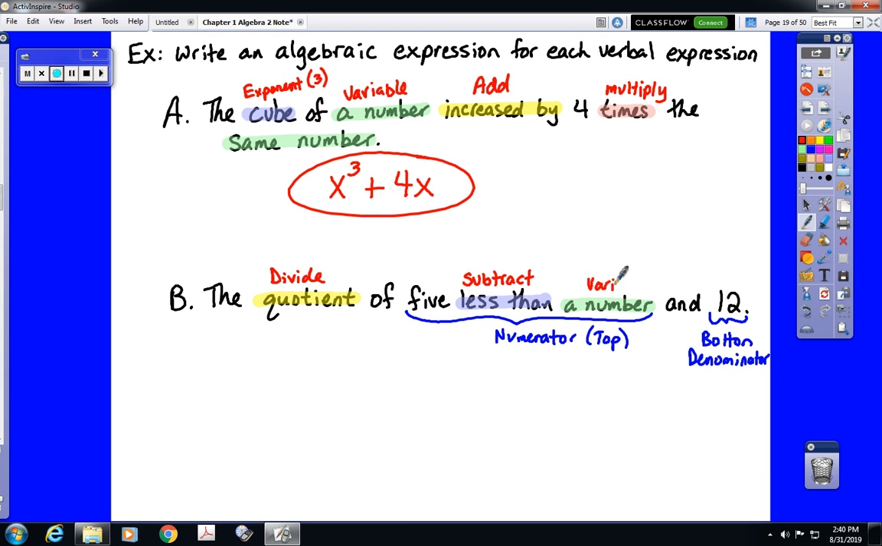variable. Now this is part of the challenge of subtraction, is that if it says 5 less than a number, that is x minus 5. 5 less than a number. And we have the quotient of that and 12. So we should have x minus